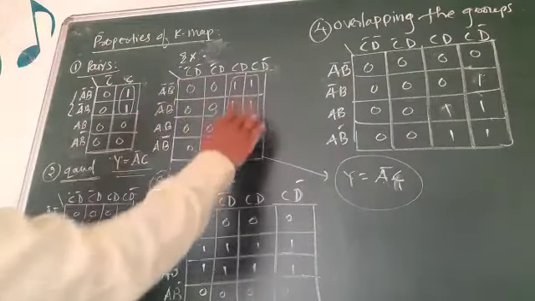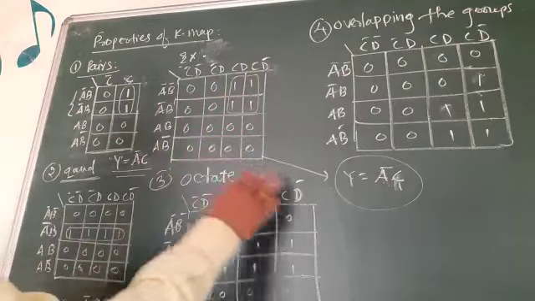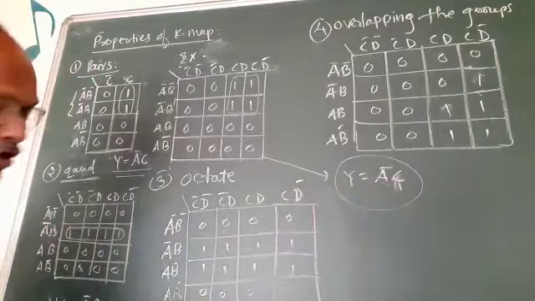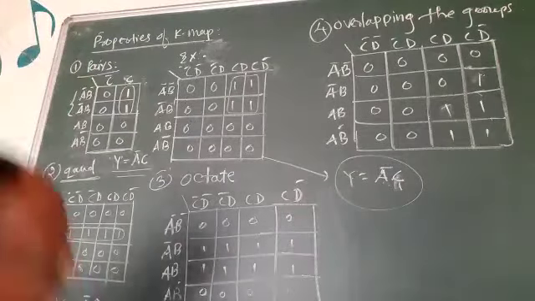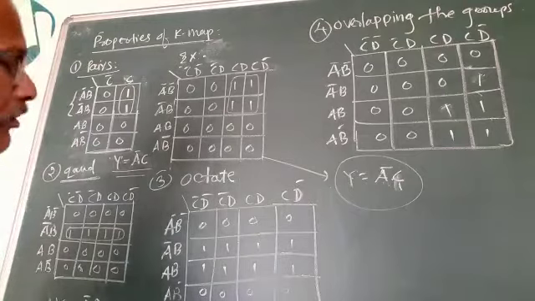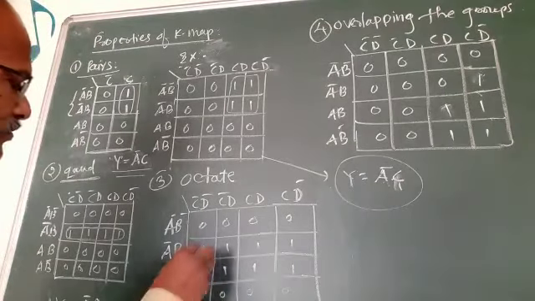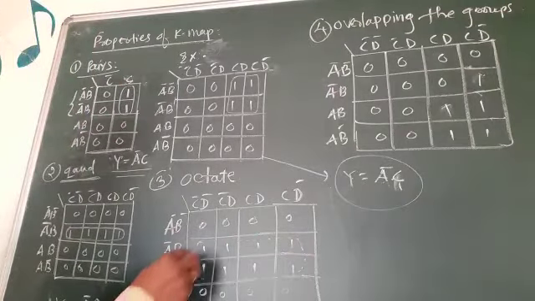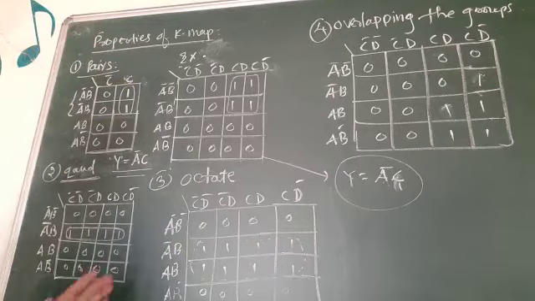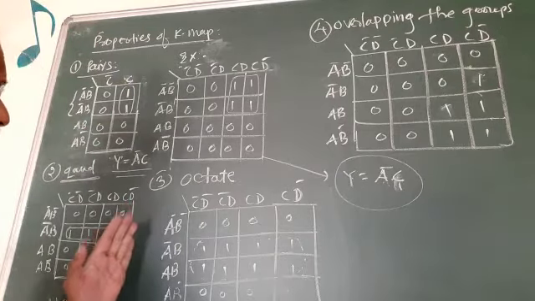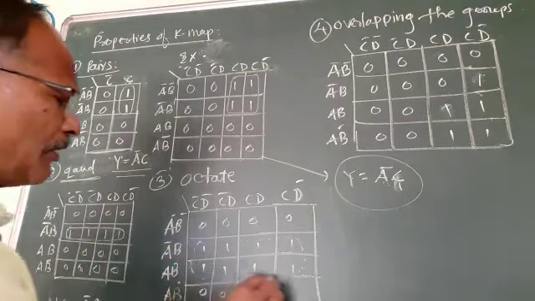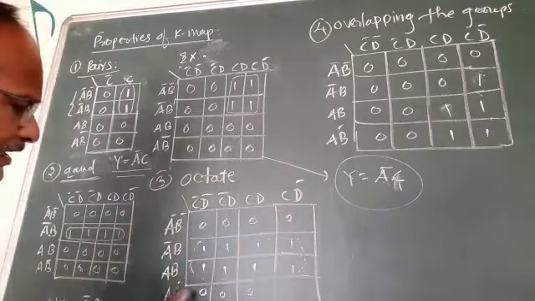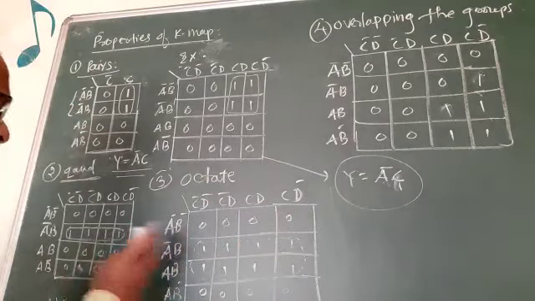While solving all these, we consider that if you group the four ones, we will have a shorter answer. Now take this example of an octet. Octet means a group of 8 ones. So I will encircle this one. So this is the group of 8. At the top there are no ones, and at the bottom also there are no ones. Sidewise I will consider.